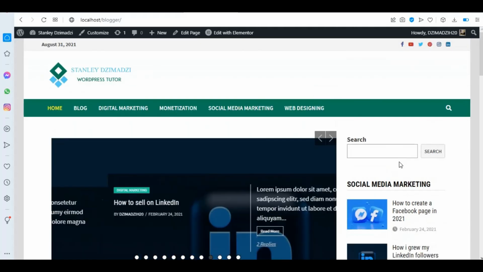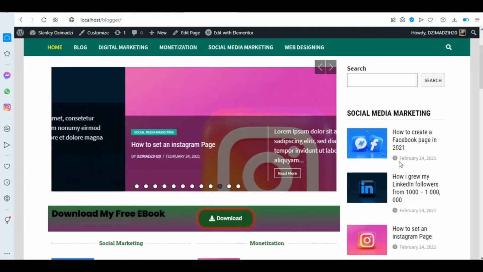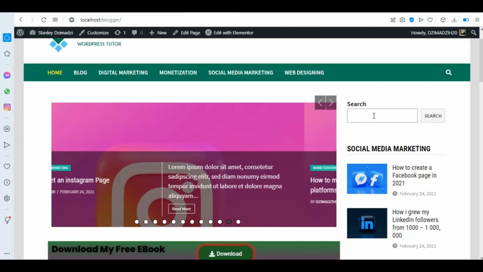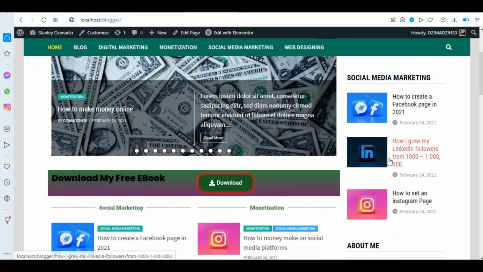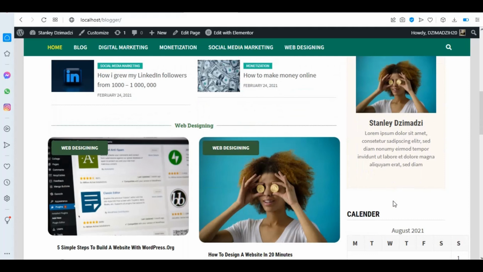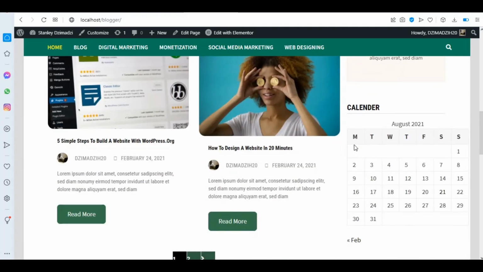As you can see, this is what we have added to our sidebar. We have added a search bar. We have added a social media marketing post right here. We have added the about me section, and we have added a calendar. So now let us